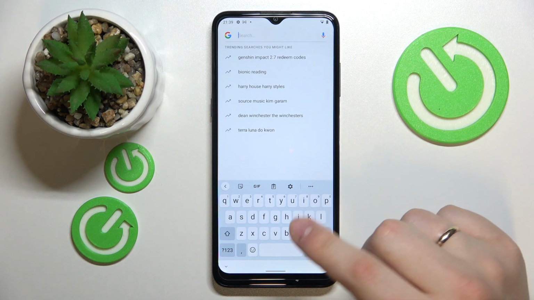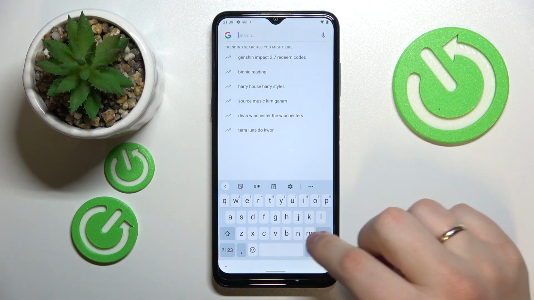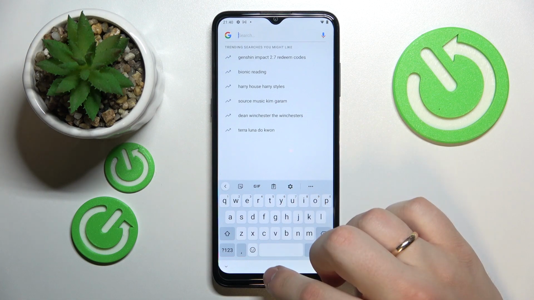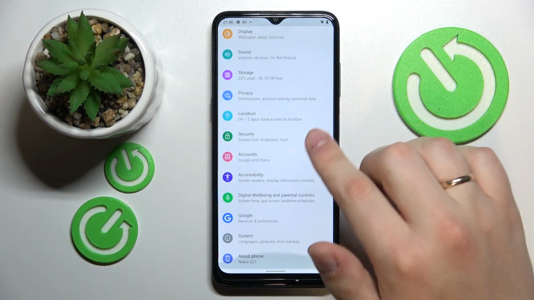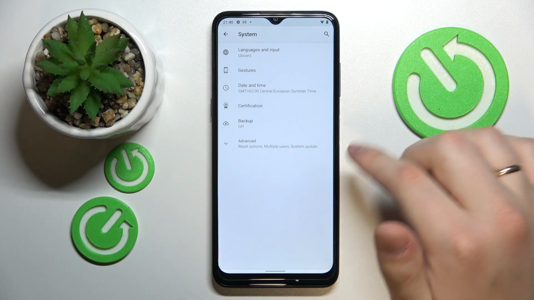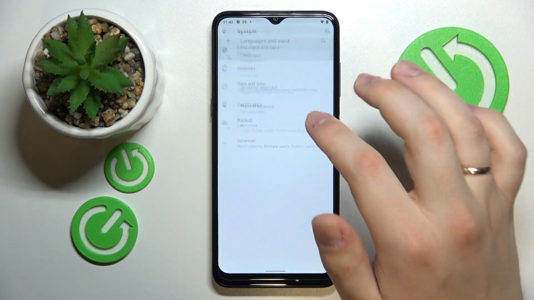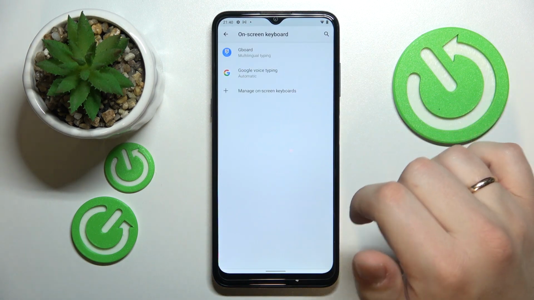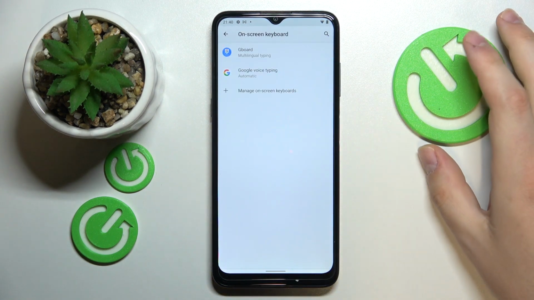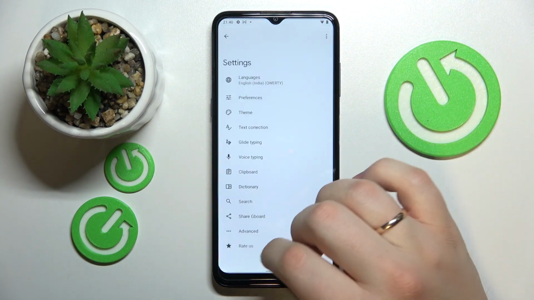So what we want to do is to go to the Gboard settings, either by tapping on this gear icon here or opening the actual settings app, looking for the system settings category, going for the languages and input. Here choose on-screen keyboard, choose what keyboard is currently set. In my case, and by default, it is always going to be the Gboard, so we'll go for the Gboard